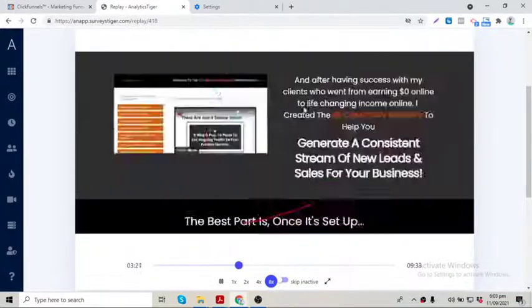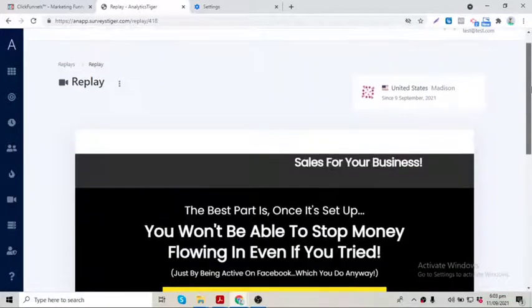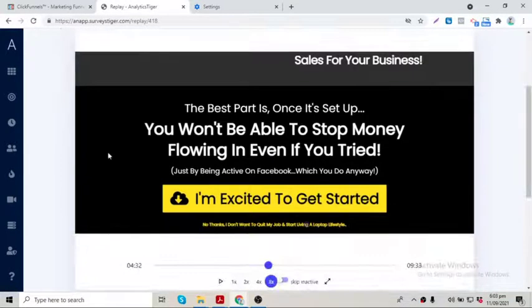Now you can see they arrived on the upsell page, and we will just see where they are clicking and what they are doing. So that's the main thing. You can exactly see what the visitor is doing on your website and on your web pages, where they're actually clicking and what they are doing.